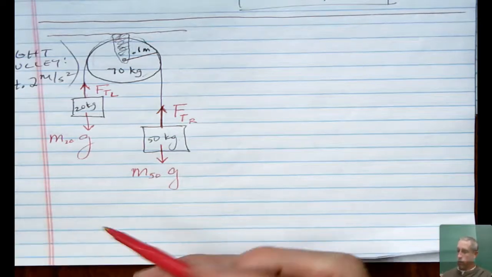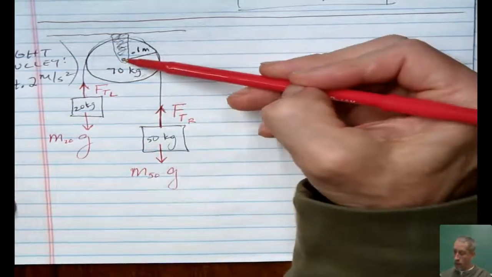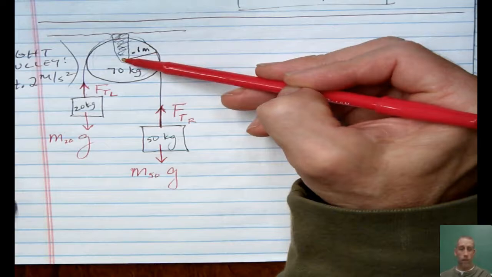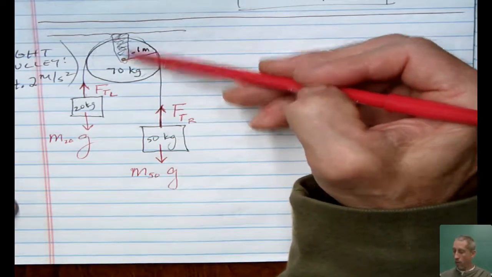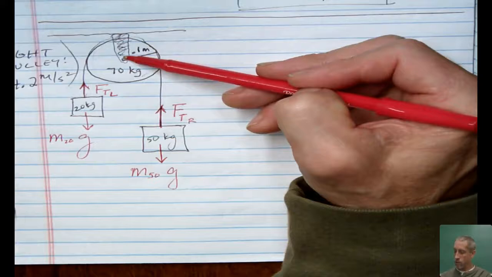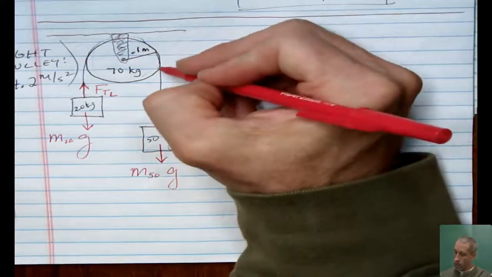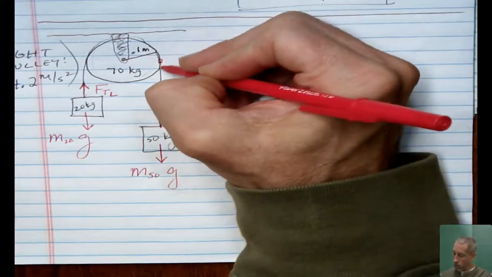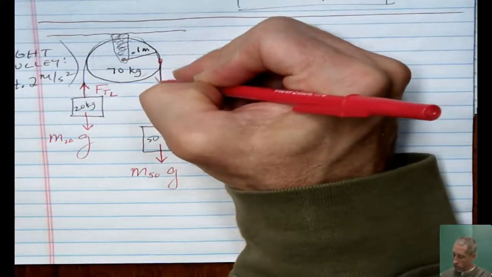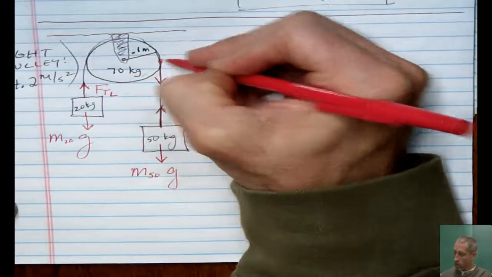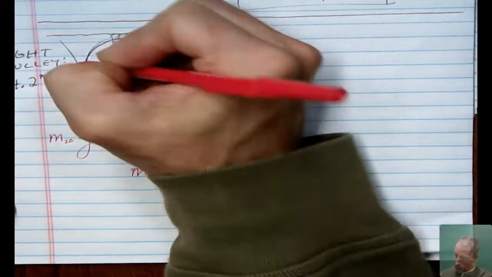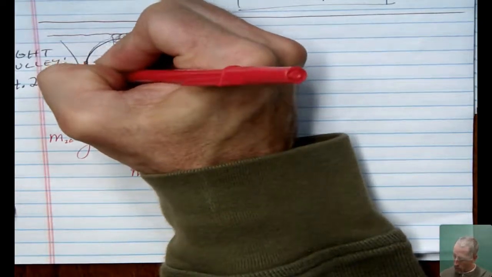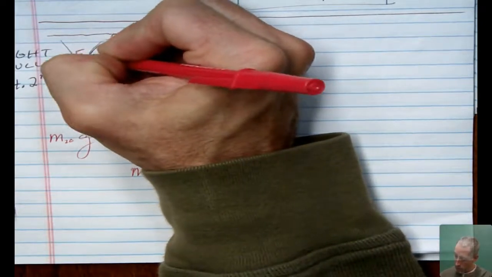So let's look at the torquing forces on this. Its weight cannot torque it because it's applied at the center. Its hinge here, the pin that's holding it up, it can also not torque it for the same reason. But these tension forces also are exerted up here. Remember, strings always pull, so we'll have a downward FTR there and a downward FTL,